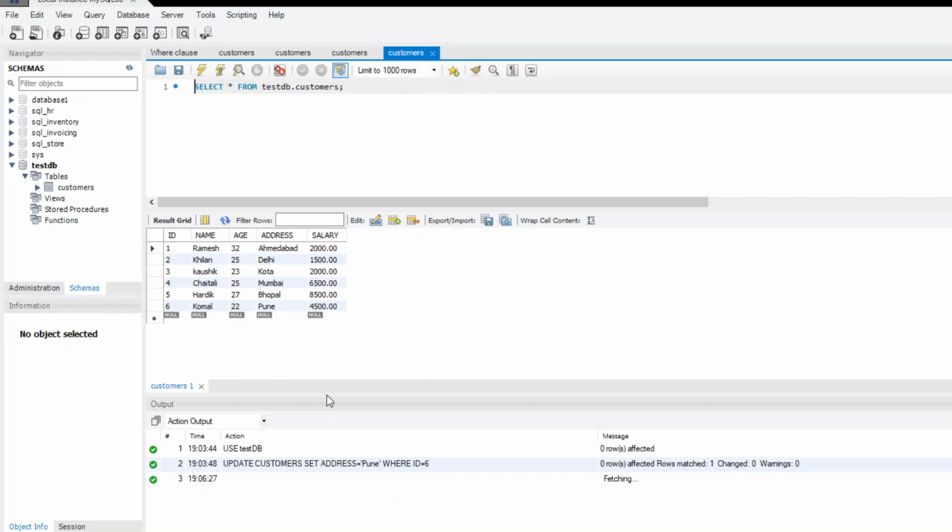Now I can see that our table is successfully modified. As you can see, for ID number 6, we have updated the address, which is now Pune. So that's it for today's practical. Let's jump to our quiz section.